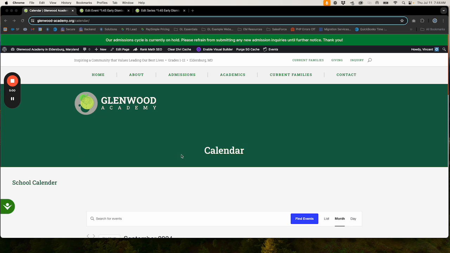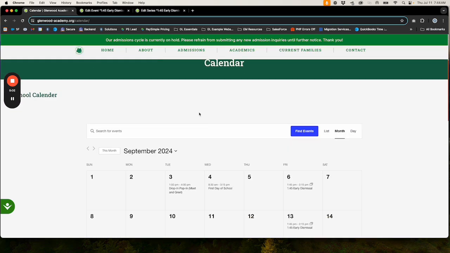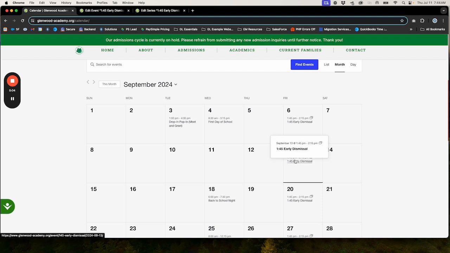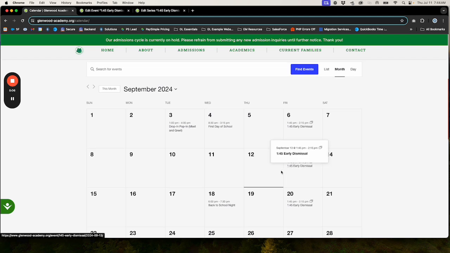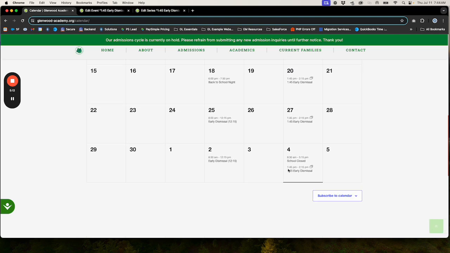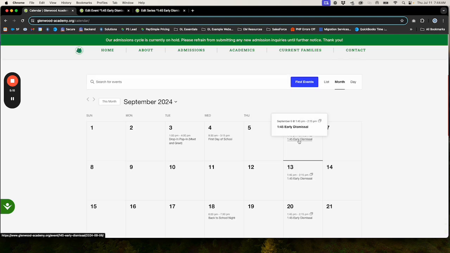So there was nothing wrong with the event. It was just that we had to swap out the calendar since it wasn't displaying all of the events. So now you can see on every Friday there's an early dismissal,